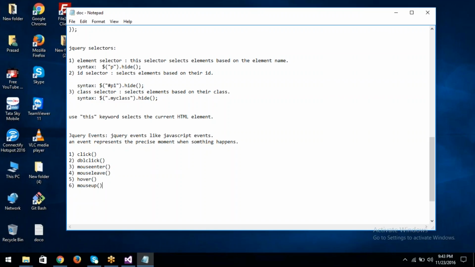Mouseup, and the seventh one, mousedown, and focus and blur. Okay, so these are the important events. These events are just like JavaScript events: on click, on double click, on mouse enter, on mouse leave,